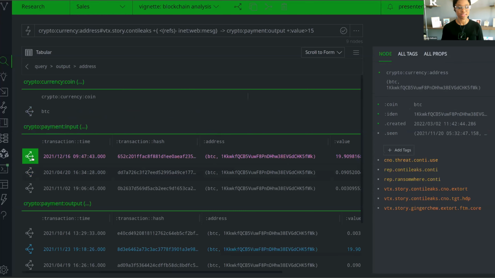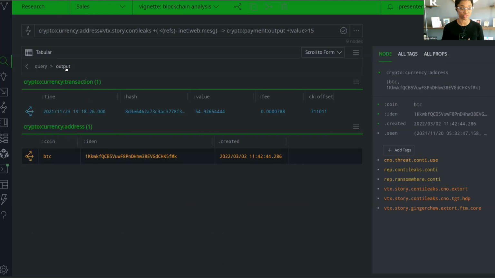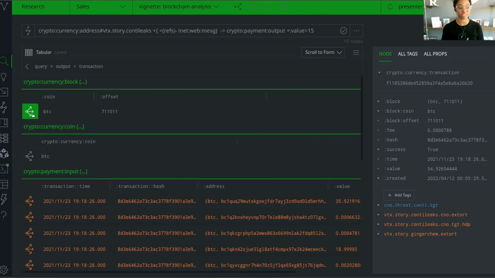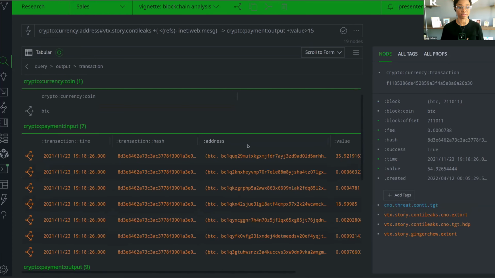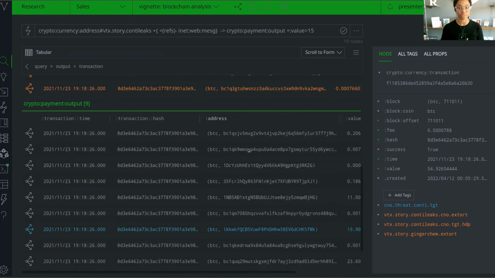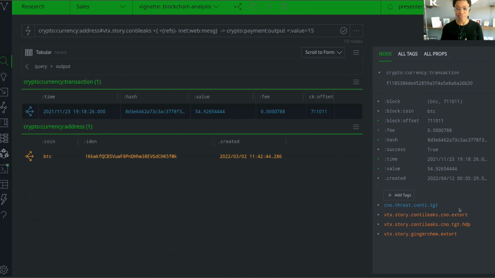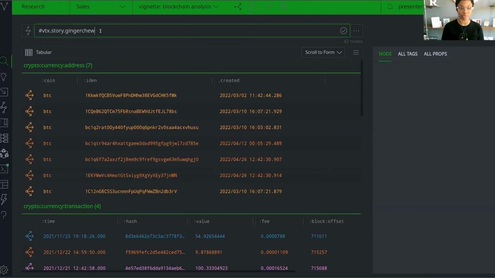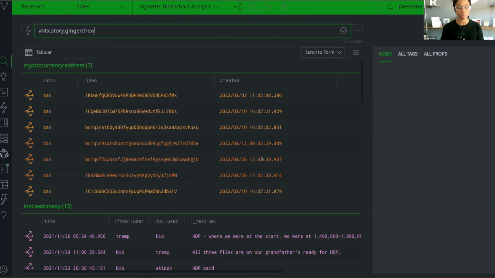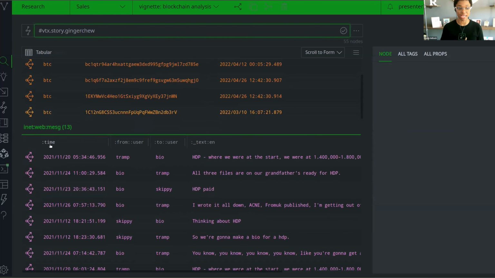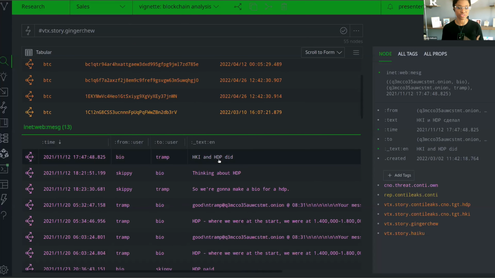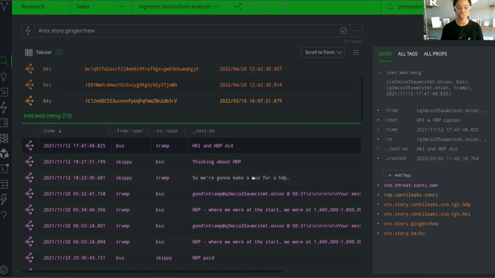As we looked at the activity for this account, actually, let me go back. What we see is that we had a transaction that took place on the 23rd. And looking at that transaction, I'm going to pull up some of the Ginger Chew activity that we were able to pull in for this IP address. When we look at the web messages, we were able to actually go in and confirm yet again that this was another victim payment. And it's interesting that HKI and HDP were actually listed in the same message,